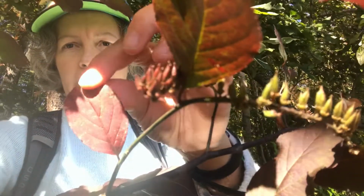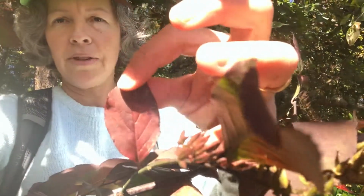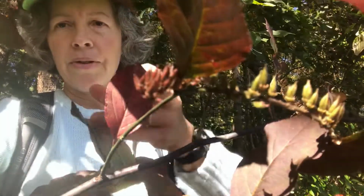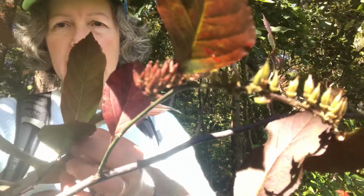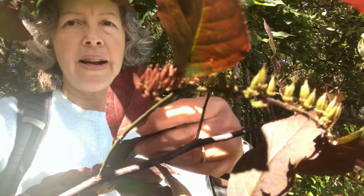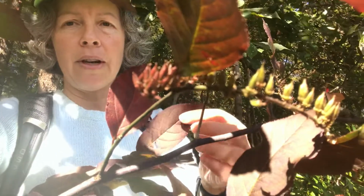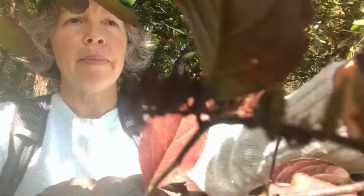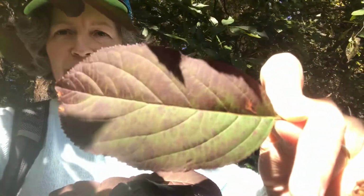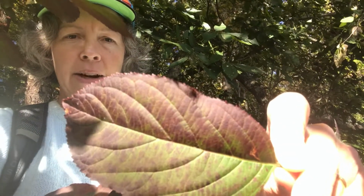And so right now it's got this combination of leaves, and I want you to notice also the sizes of the leaves, right? So this one is fairly small, but then we have others that are pretty large in size. And these leaves have a serrate margin, so that's another difference between this and Cyrilla. And the leaves are going from a bright green, and then there's some that are, let me break this one off, a little bit mottled, right? So mottled between green and getting some red speckles, and you can see that really nice serrate margin